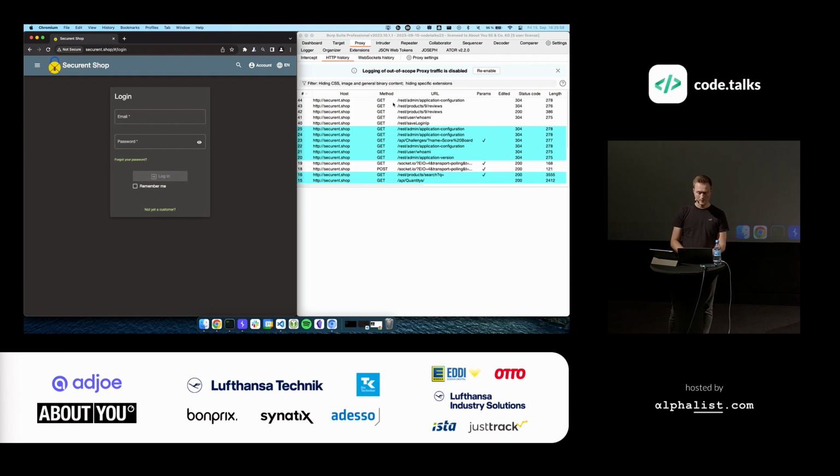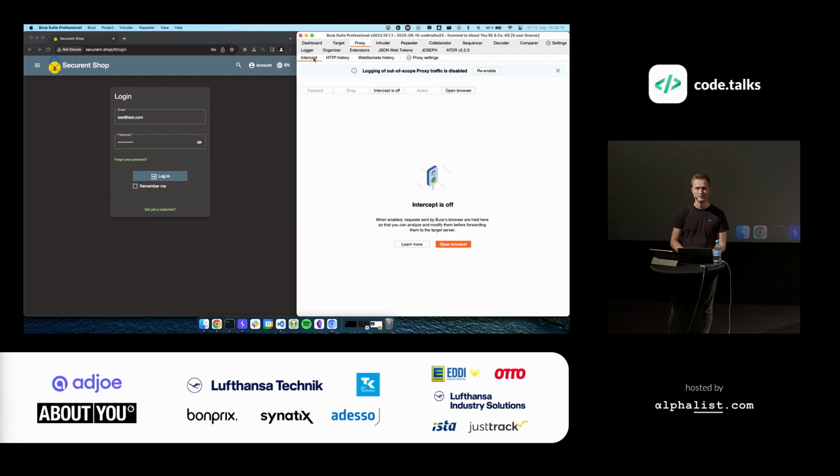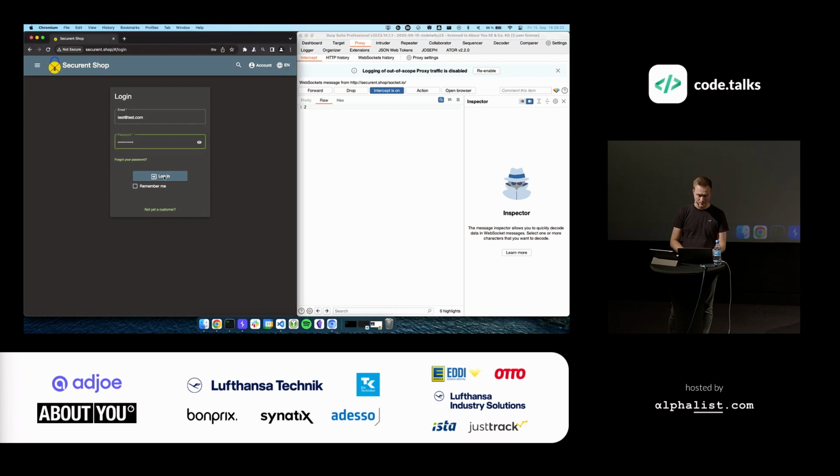And now the next very powerful thing Burp Suite can do, as I said, is intercept. We can go to the proxy, and instead of the HTTP history, we can use the intercept tab, which does exactly what the name implies. It's intercepting requests. And if I enable it, and I click the login request,